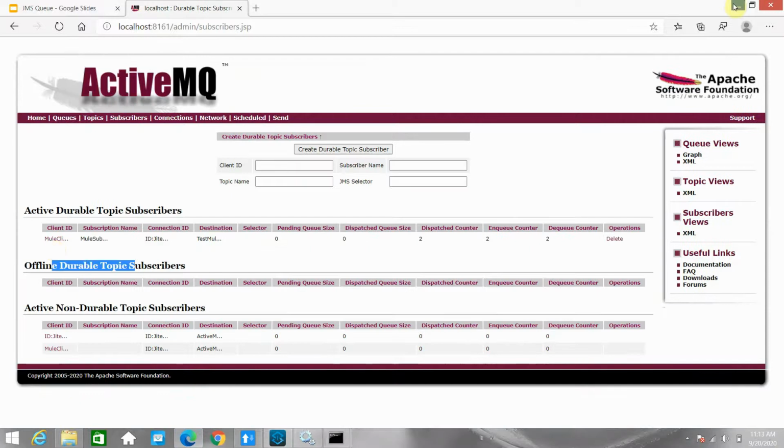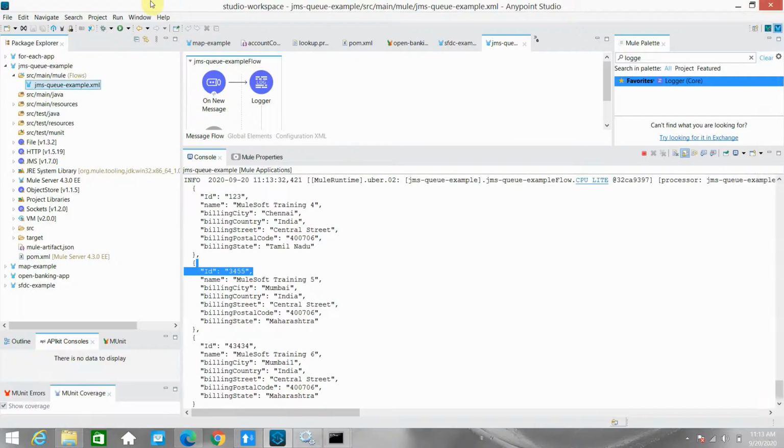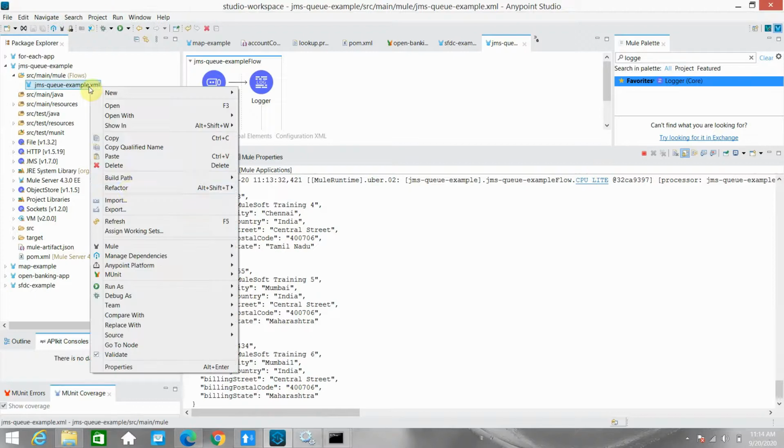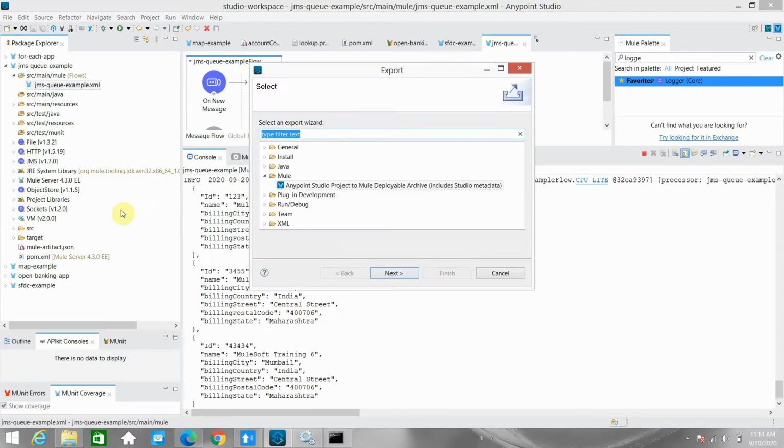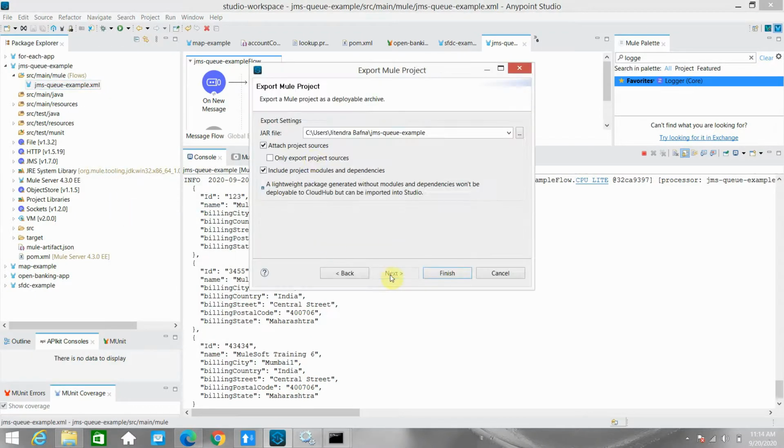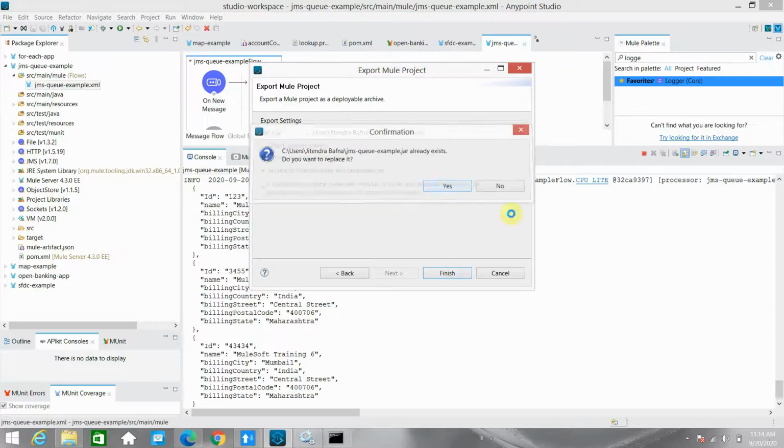Now I will export this file and deploy it on the Mule runtime. Export. Next. Finish.